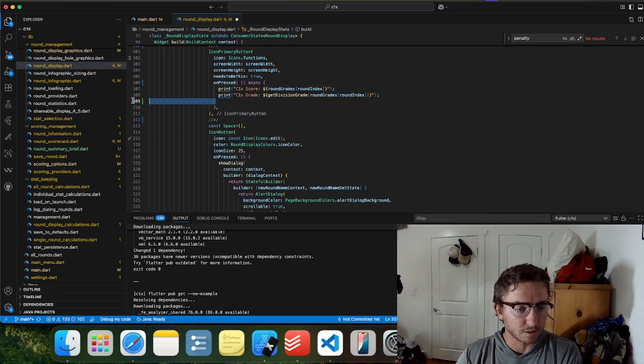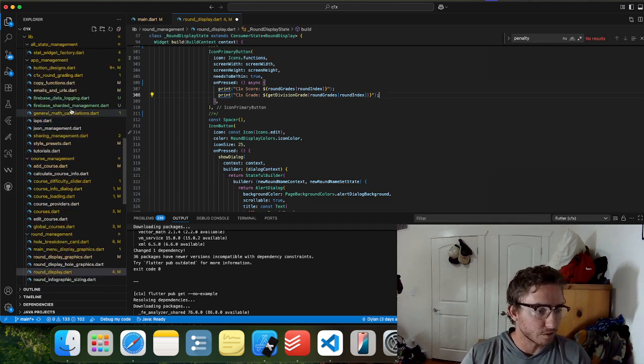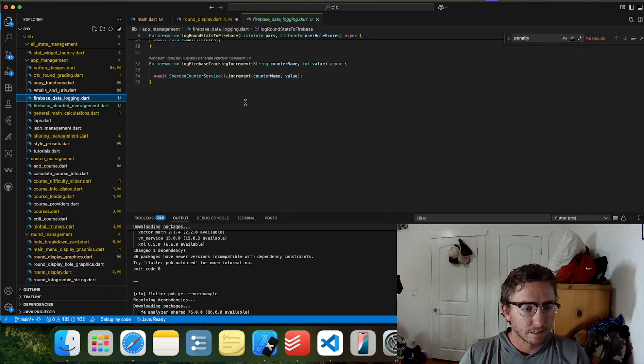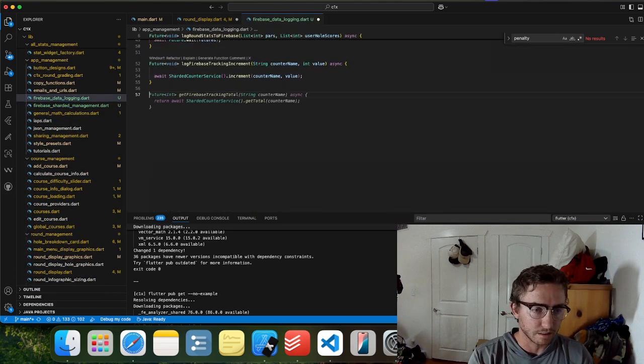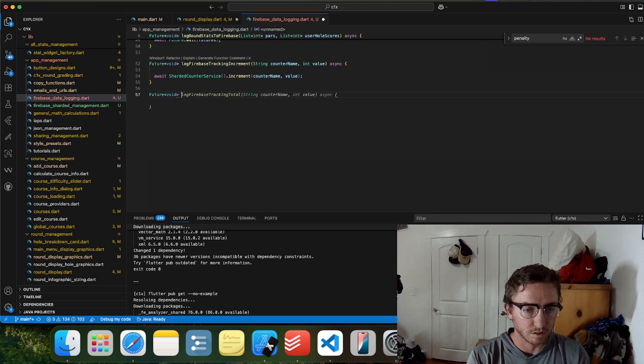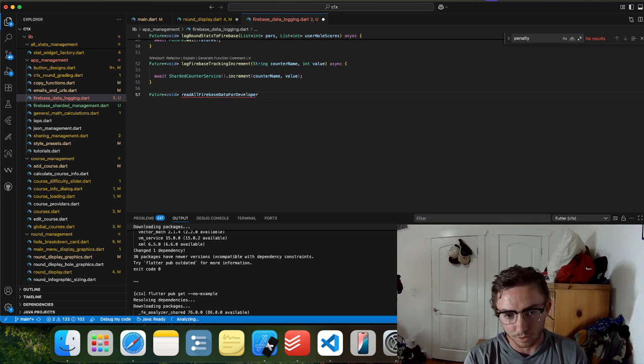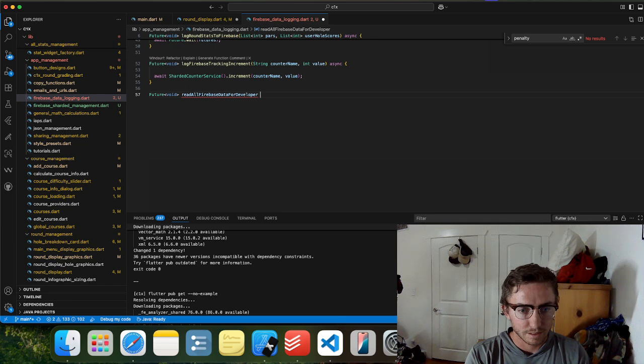So I'm going to take all of this out. We're going to go to Firebase data logging, and then I'm going to have a future void here called read all Firebase data for developer. I'm going to add the for developer in there just so I know it's for me. I shouldn't need it, but